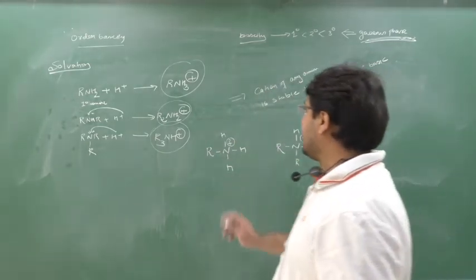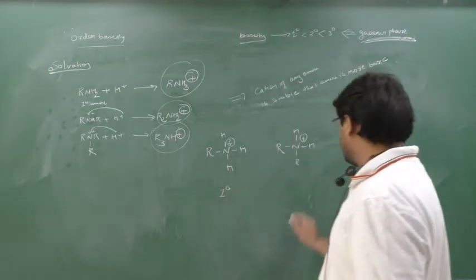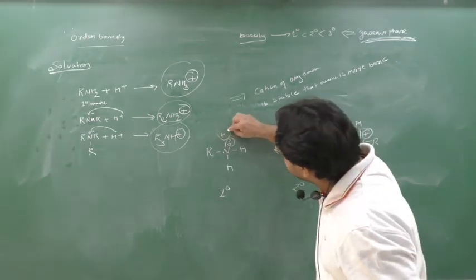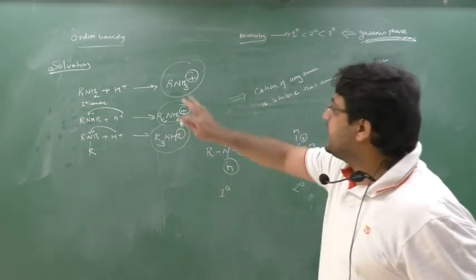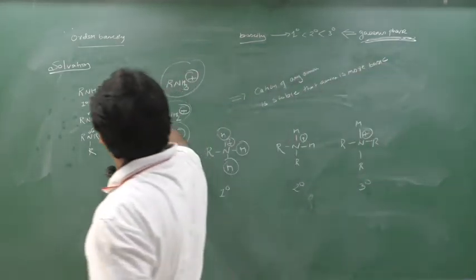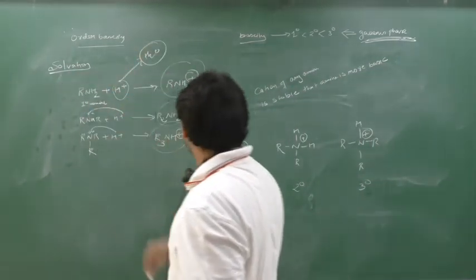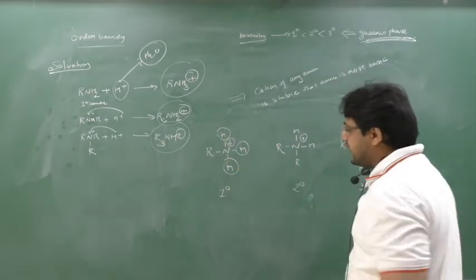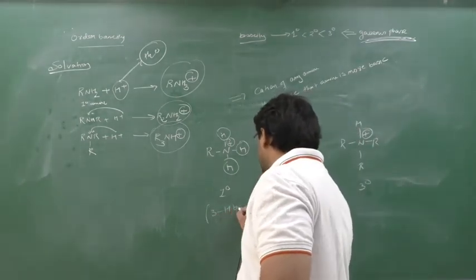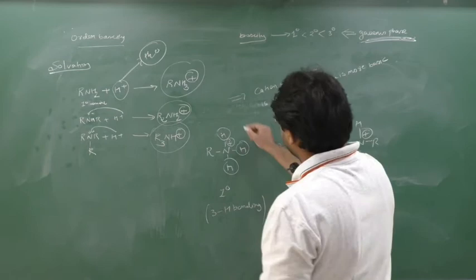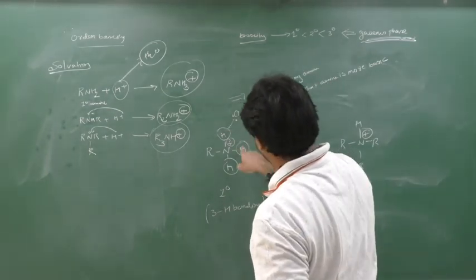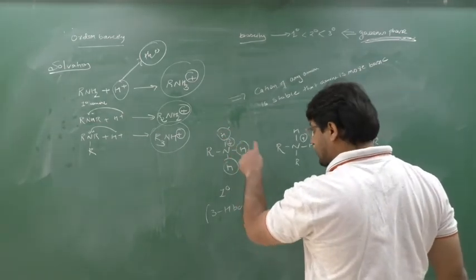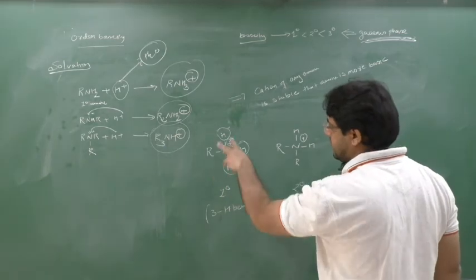We'll see this. This cation I got from the 1 degree amine, this cation from the 2 degree amine, and this cation from the 3 degree amine. Check it out here. Here there are 3 acidic hydrogens. When they are dissolved in water, this H plus I got from water. So with 3 hydrogens here, there will be 3 hydrogen bonds, because one water molecule will come here, another water molecule, and so on. So in the cation of the 1 degree amine there will be 3H bonding.